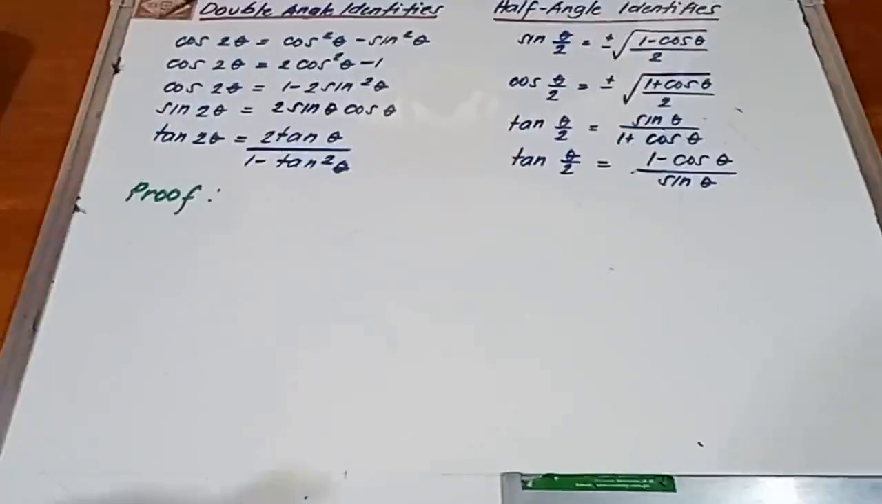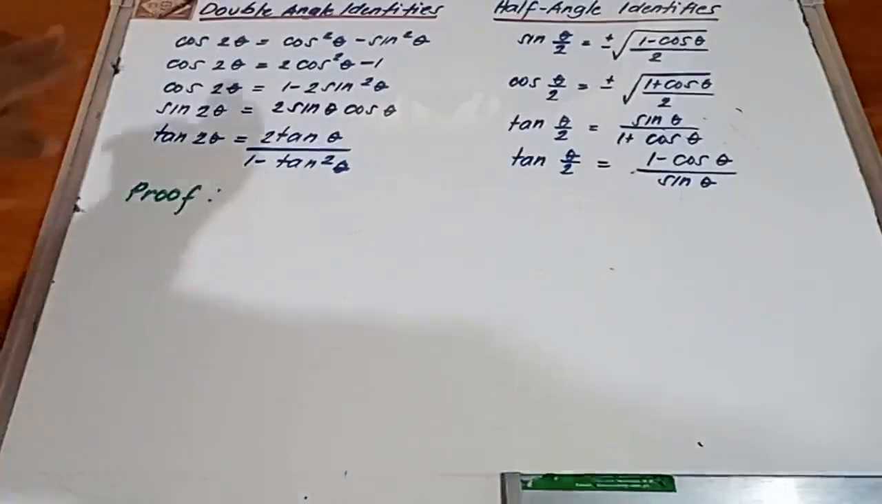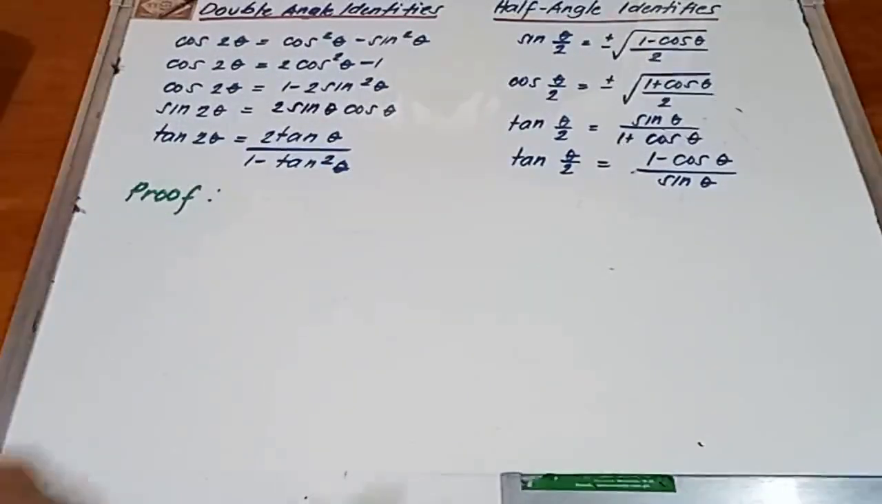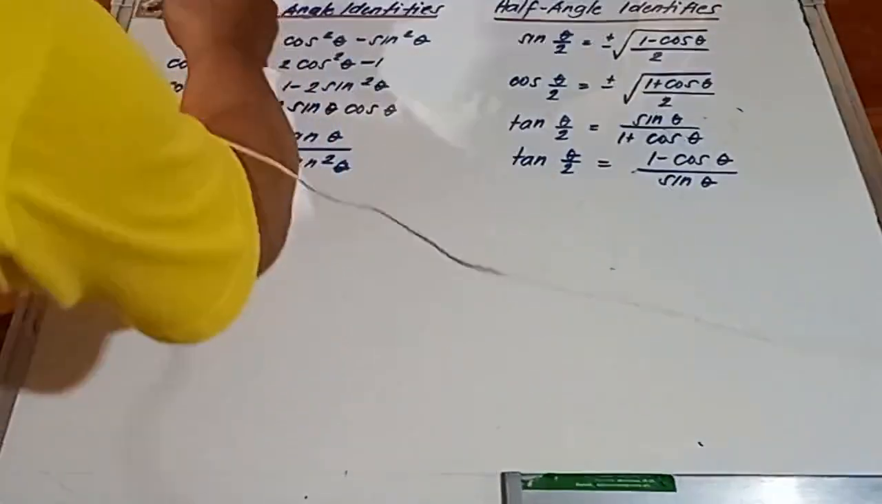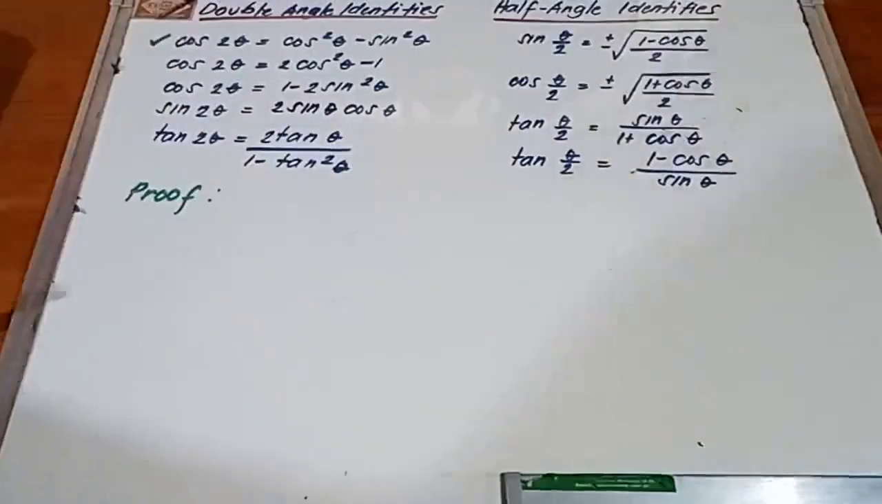Okay, so in this video, I'm going to show you the derivation of the double angle identities and half angle identities. So simulan natin muna doon sa double angle identities. Now, for this one, for the cosine of twice of angle theta, that's equal to cosine squared theta minus sine squared theta, what we're going to do, para ma-derive natin yung double angle identity na yan, gagamitin natin yung